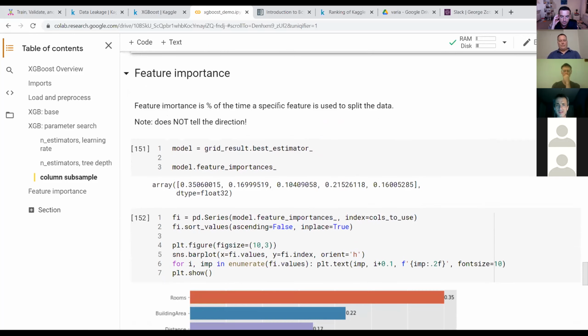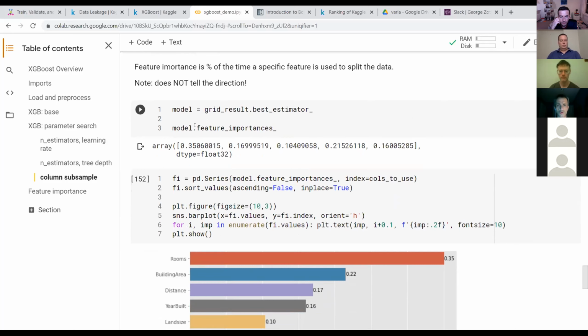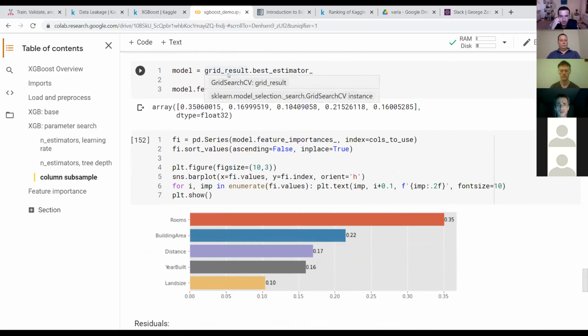So one thing, as I said, XGBoost has, for example, in contrast with neural networks, is the feature importance, and it's just called like that, model.feature_importances_.